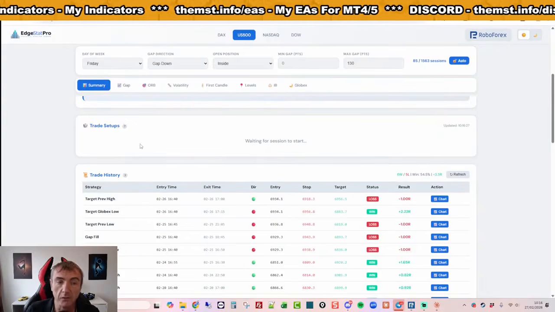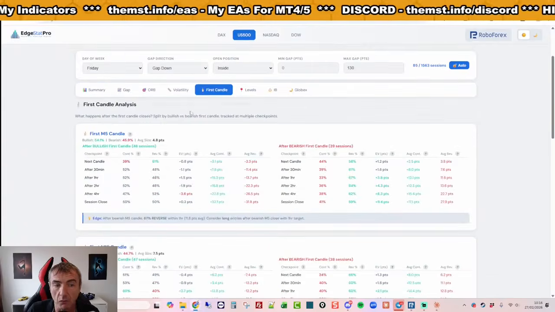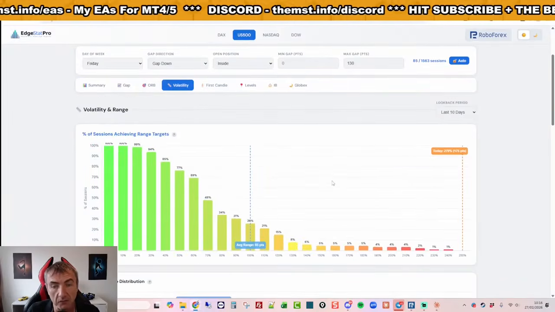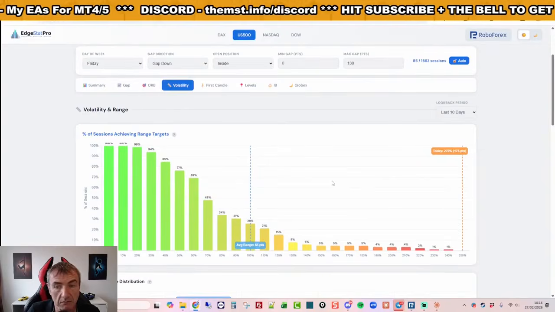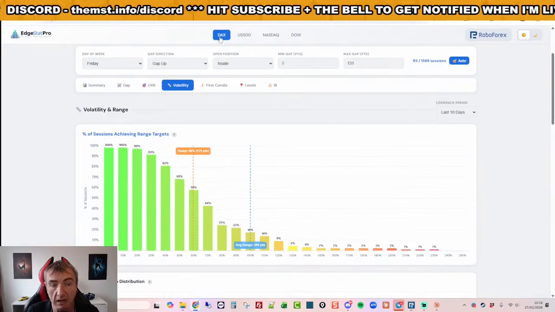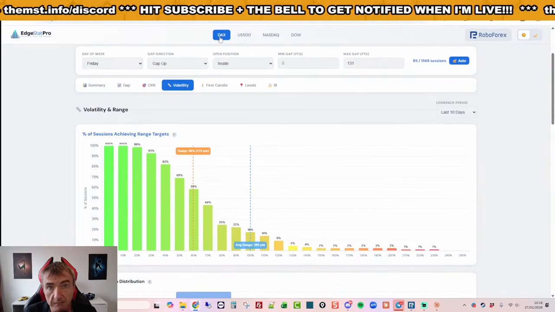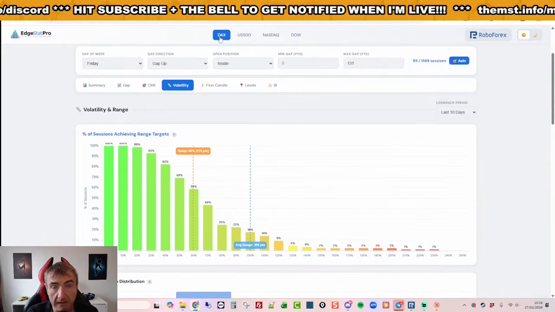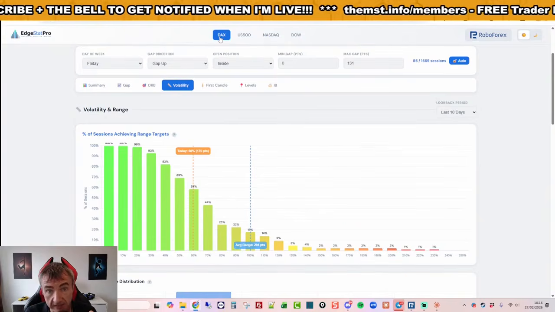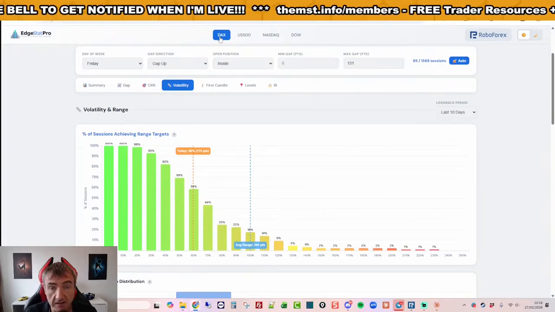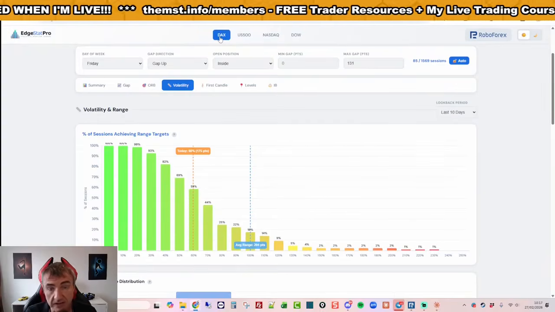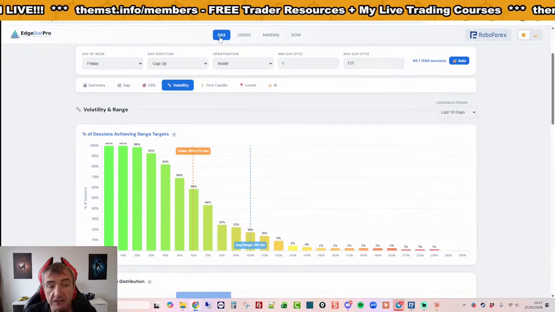So although all the statistics are based on what happens intra-session, he doesn't necessarily have to do the closing at end of day. He'll target that high and there's a 71% probability of it hitting that high within the day. But if he does his backtesting and it shows that after that time, it also still creates an edge, he'll take it. An edge is an edge.